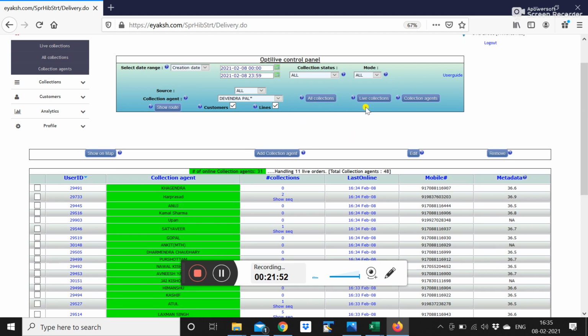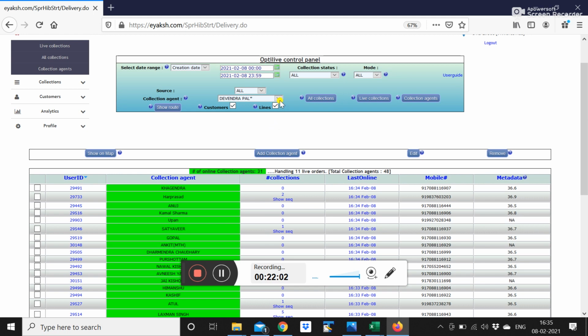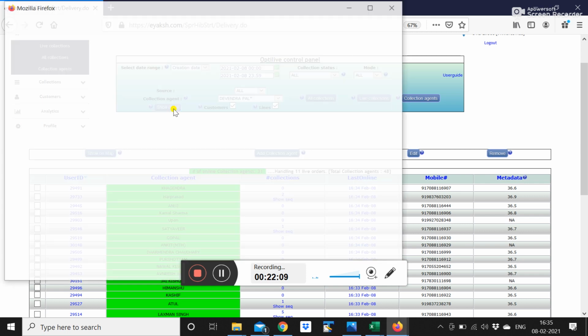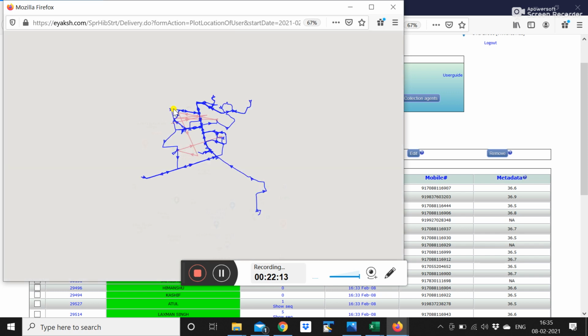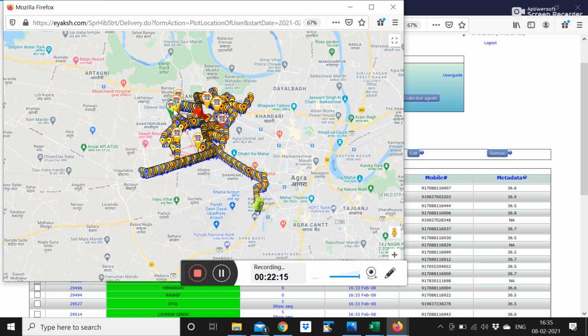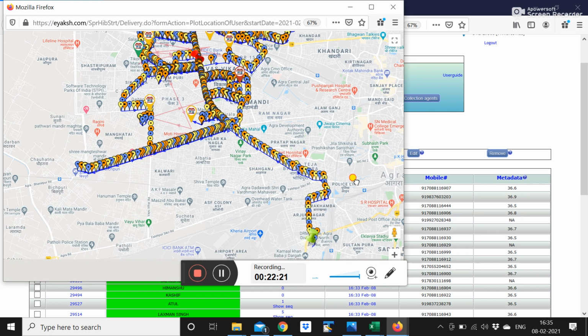Let's say you want to see what route has been taken by any particular Flebo. You can click on the name of the Flebo, click on lines, click on customers and say show route. It will show whatever route he has traveled on for that particular day, and it is a very detailed screen. It actually captures his live movement in the field. Each and every point is clickable here.